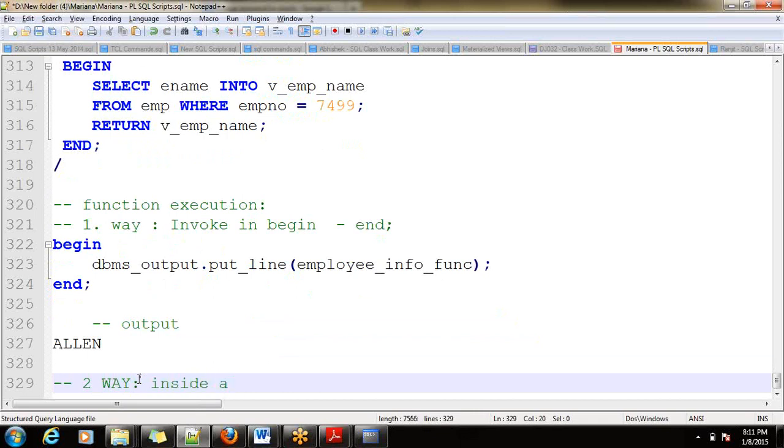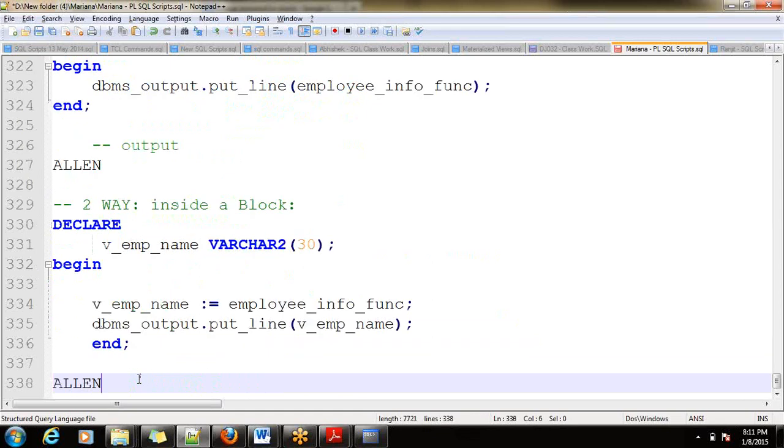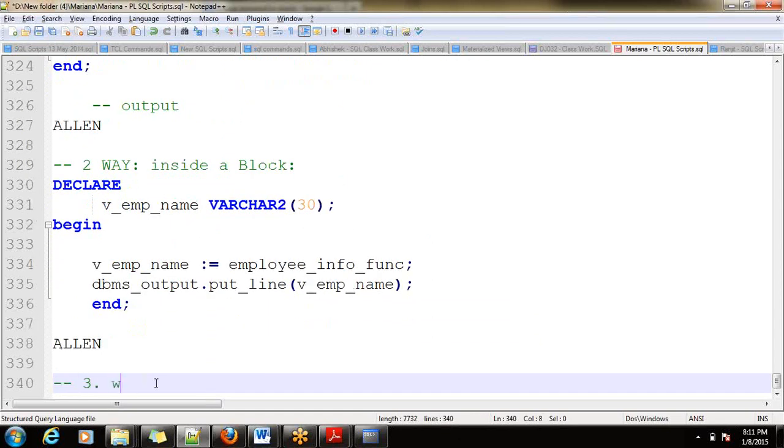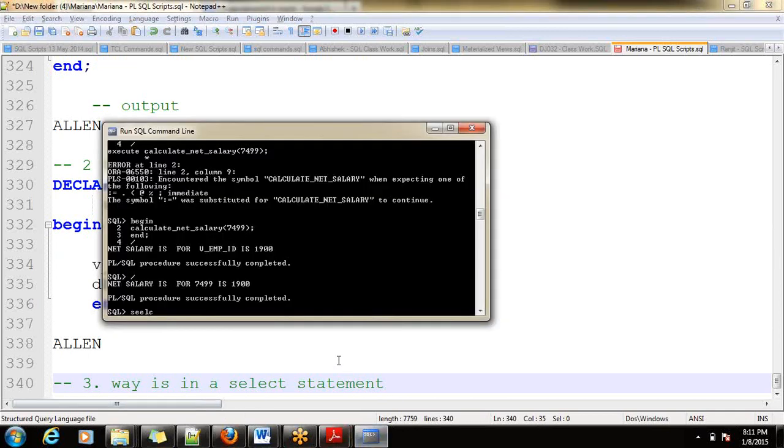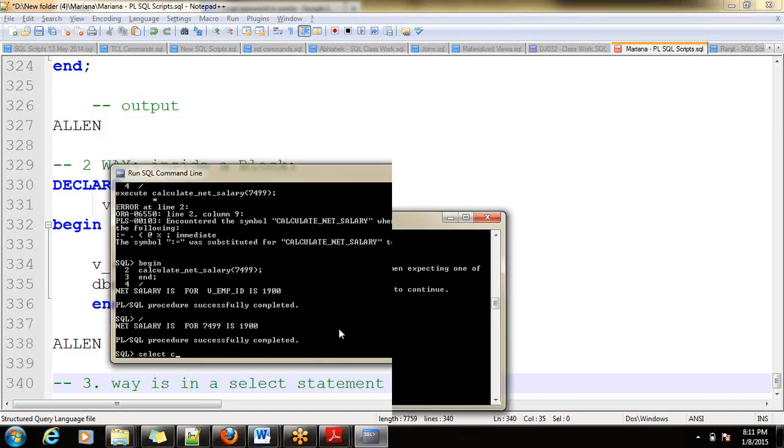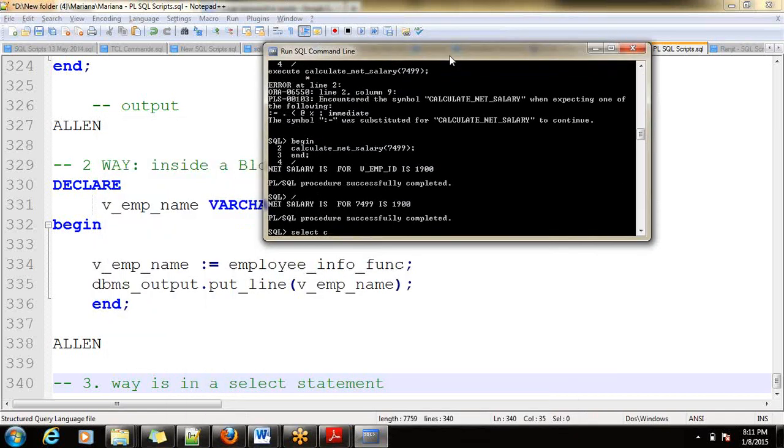That is inside a block. Right. Third way is in a select statement also you can use. Yes, I'm going to write select, look there, select Employee_FUNC from dual.